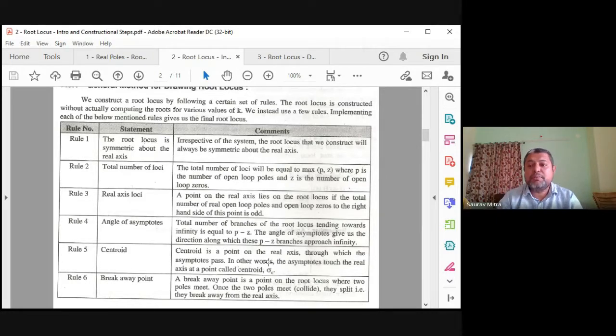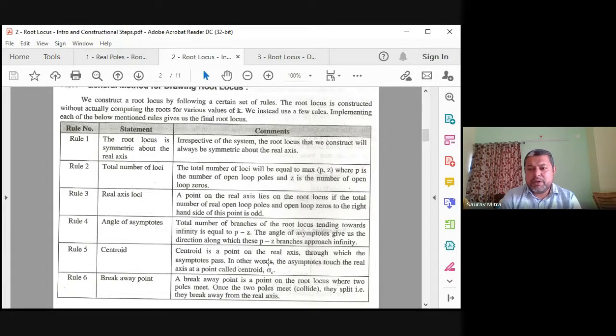I'm cautioning you people because you have to take a protractor in the exam. So a protractor has to be carried in the exam because you have to draw all these angles, 60 degree, 180 degree, 300 degree. So that's why for root locus drawing you have to take a protractor with you in the exam. You might be having it, you had done engineering drawing, so please carry it in the exam. So angle of asymptote, that is theta c, there is a certain formula I will show you. Very easy to calculate, 60, 180, 300, centroid sigma c we know.